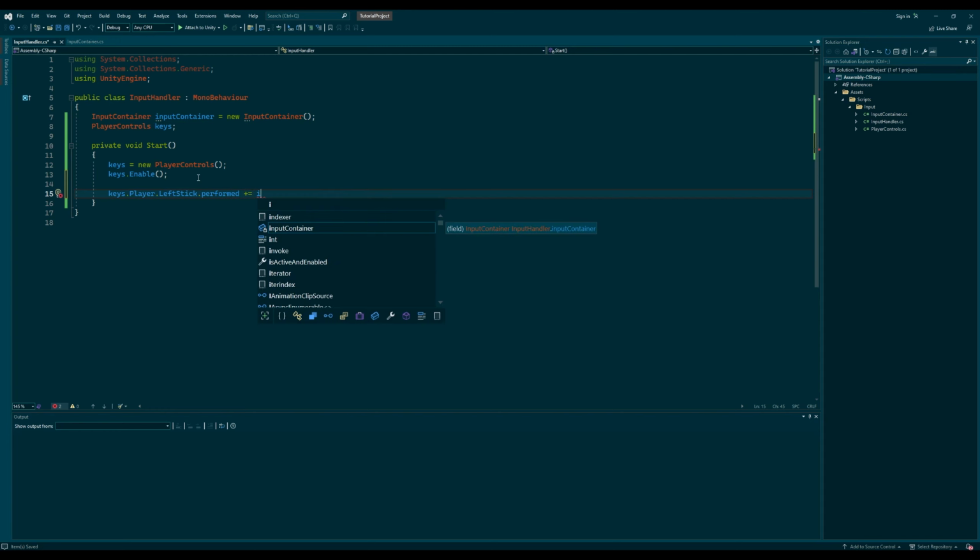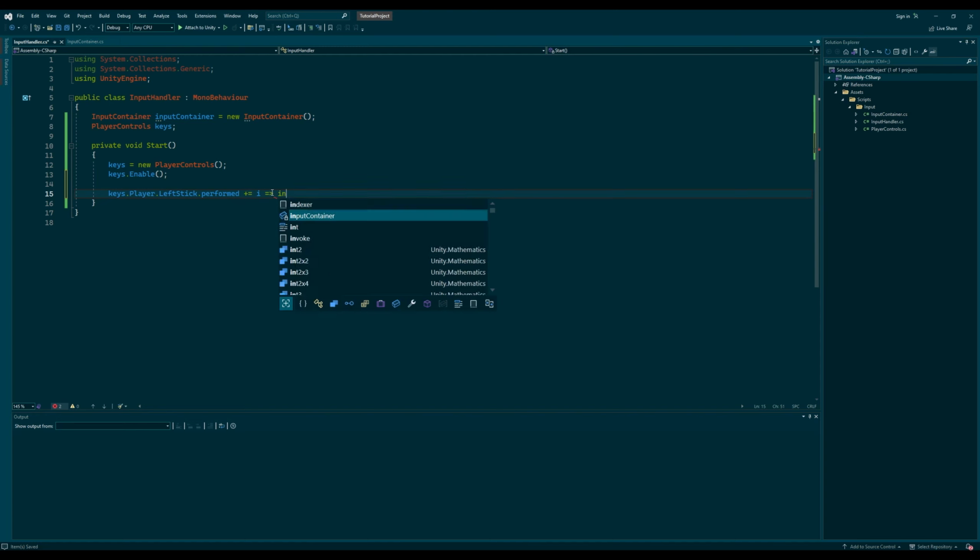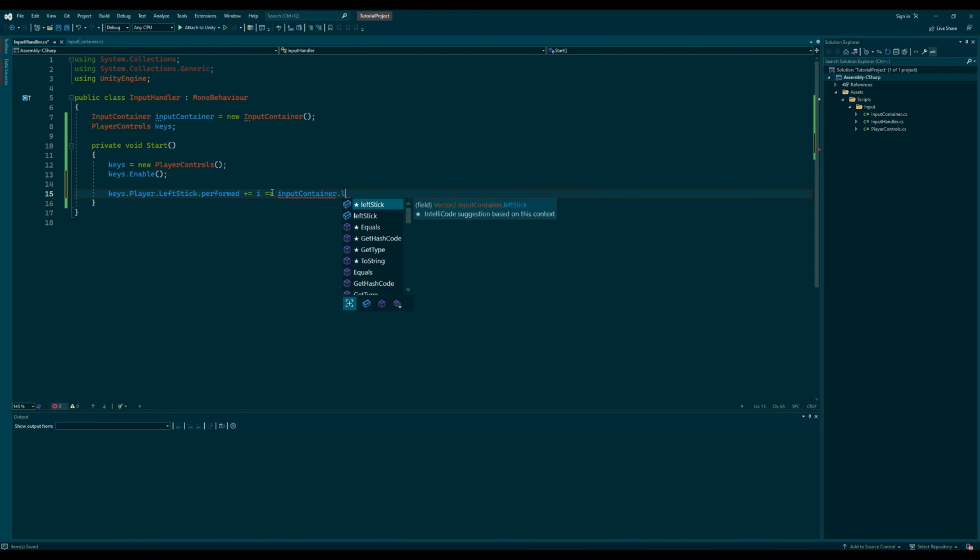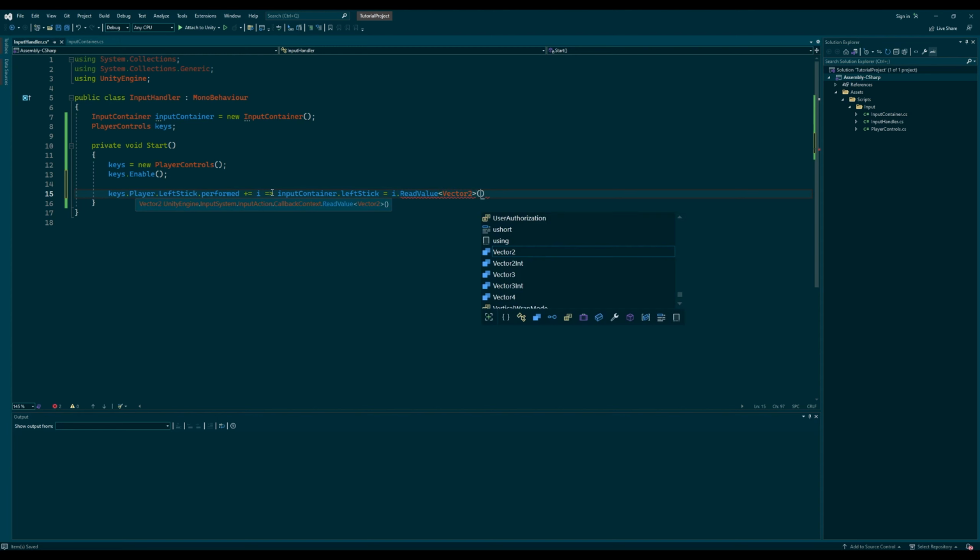So we're subscribing i to the event, and i will hold the return value, equals greater than input container.leftStick equals i.ReadValue<Vector2>();